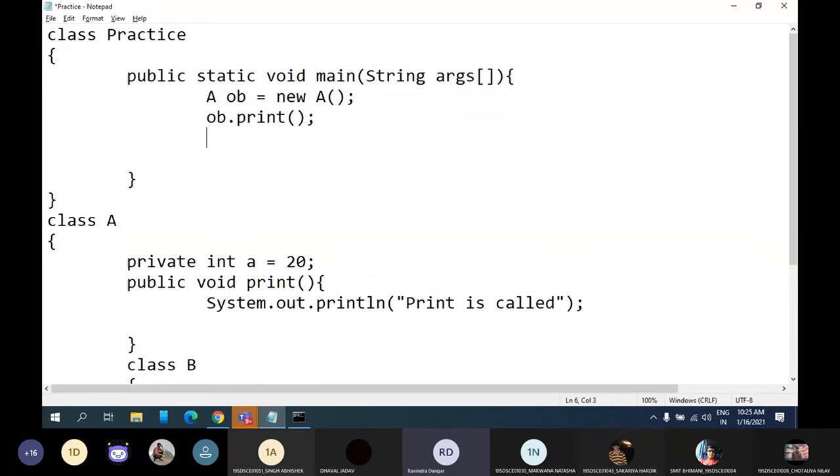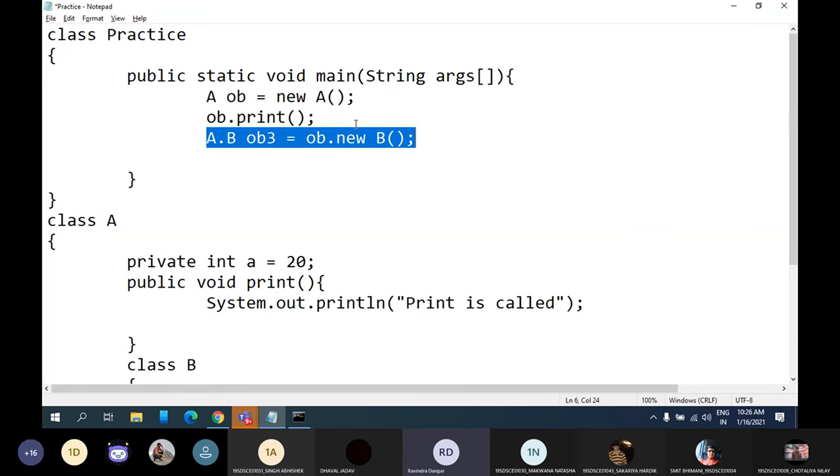Now the second step says you need to use the outer class name, which is A, dot inner class name, which is B, space object name, let's say OB3, equal to the object of the outer class, which is OB in this case. So I need to write OB dot new keyword space inner class name, which is B, and semicolon. Are you getting this syntax? Fine, so it's very simple. You just need to remember the syntax and follow it.